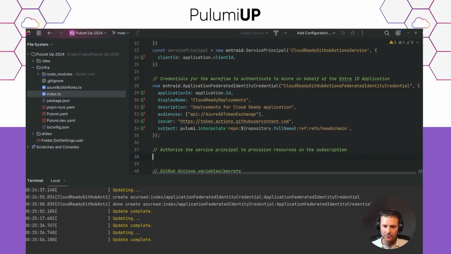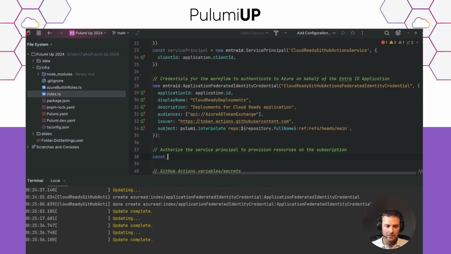So we'll need to have our subscription. So let's first retrieve our subscription. We can retrieve the subscription from the Azure config. I'm currently logged in my terminal with the Azure CLI. That's how Pulumi is provisioning resources on Azure.